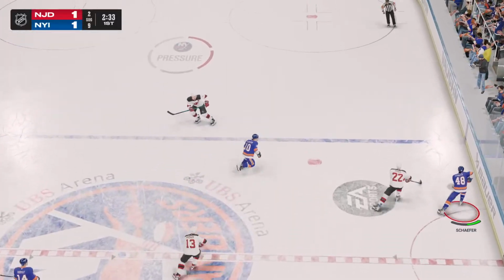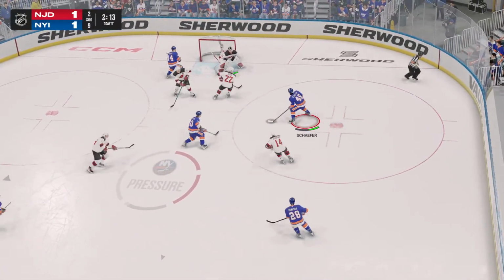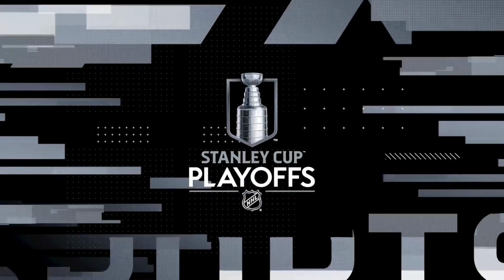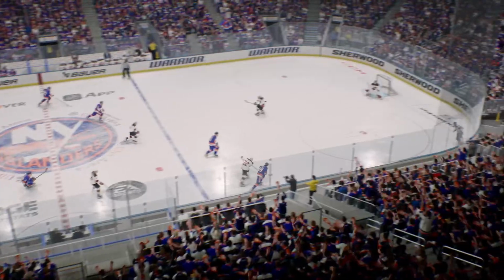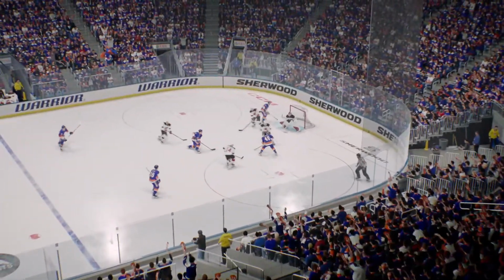Takes the feed from the wing. One-man rush. Takes it to the net. He just spins around and tries to clear the puck, and he fires it